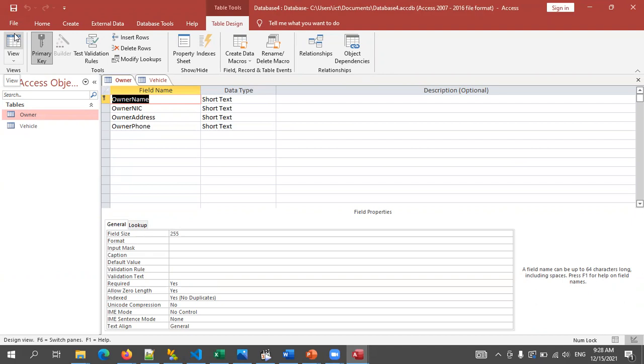For example, here you can see a key is mentioned for this field name. That means now the field name is owner name. Children, a name cannot be used as a primary key. That is because there can be multiple people with the same name. So then we can't use that name to identify one record.